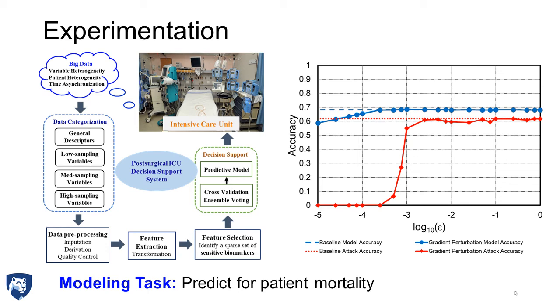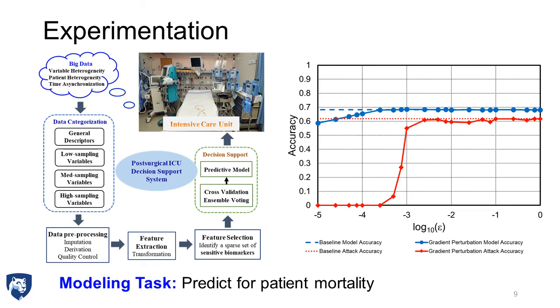The privacy parameter epsilon is varied to determine the relationship between model performance and the inversion accuracy. The inversion accuracy is determined by calculating the coefficient of determination of the attack estimate. As one can see, the inversion accuracy decays at a faster rate than the model accuracy when epsilon decreases below 10 to the negative third. It should be noted that this decay is rather steep since the attack accuracy drops to 0 as epsilon approaches 10 to the negative fourth.